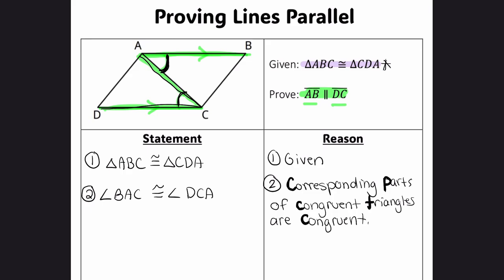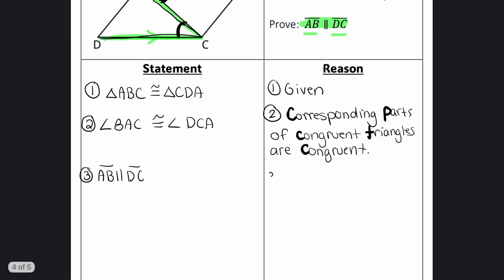Now that we know that those angles are congruent, we have alternate interior angles, which means I can actually prove that those two lines are parallel. So for statement 3, we're going to say that AB is in fact parallel to CD, or DC, I'll put. And the reason is, it's the opposite of when we're given parallel lines. So if